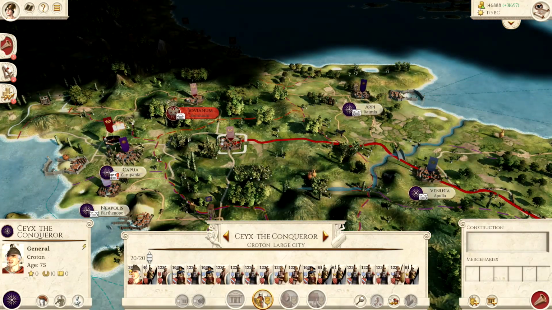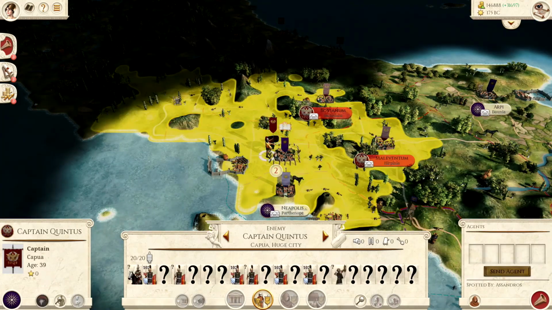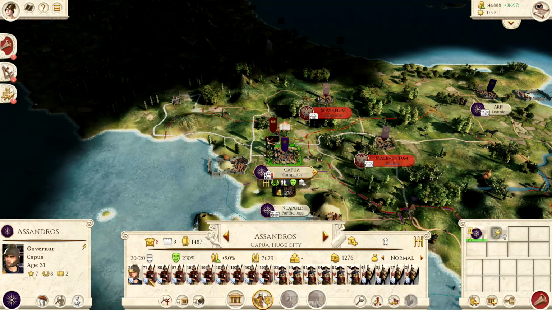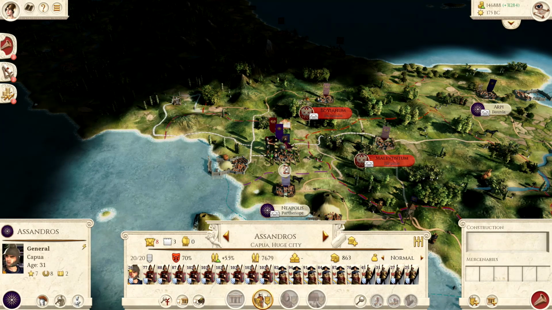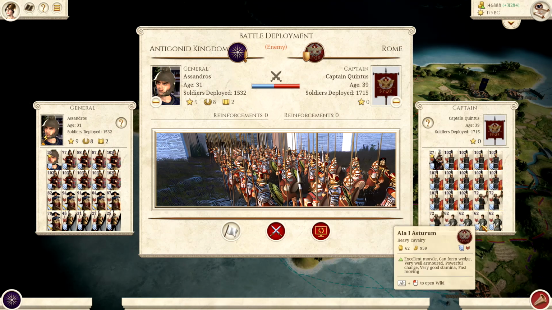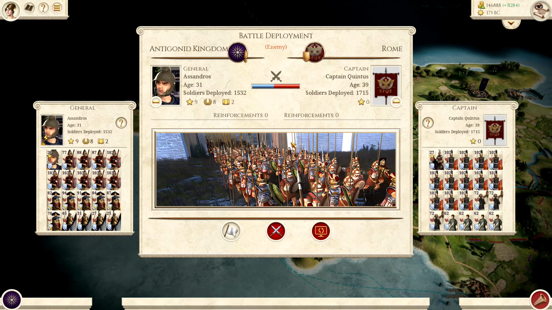Whenever you make your way over here, I am being sieged at Capua. I am debating on letting you siege me or if I should sally out. Because if I sally out, I have to win the fight. And let's see, what are the chances? They do have some archers in here. Legionnaires right there. Honestly,